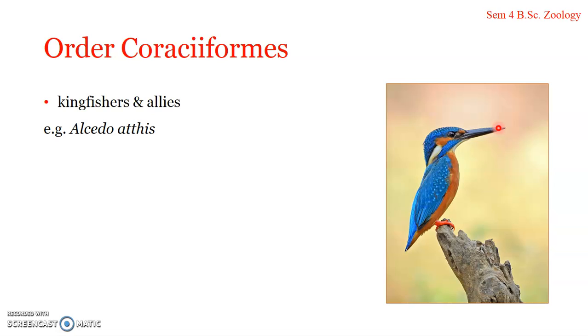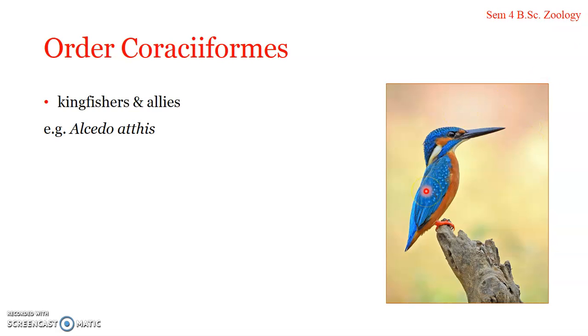It includes mainly the kingfishers, and also the hornbills and the hoopoe. Okay, the hoopoe also comes under Coraciiformes. The hornbills, kingfishers, as well as the hoopoe come under Coraciiformes, and here we have the small blue kingfisher,